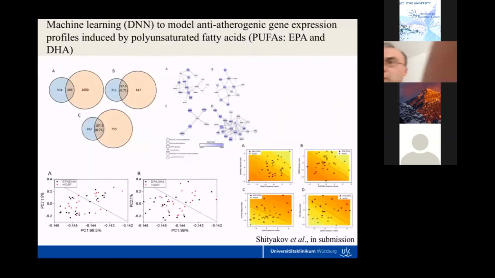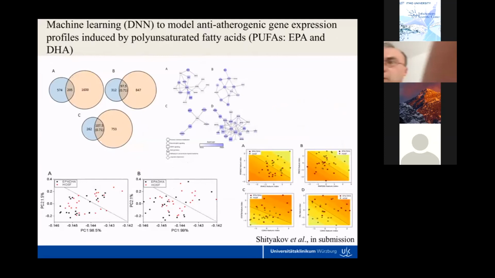So next, I'm sometimes also doing systems biology using some machine learning, and here I'll say just a couple of words. This was just submitted to a high impact factor journal just last week, and here we did